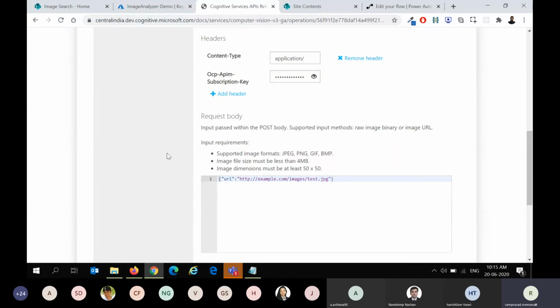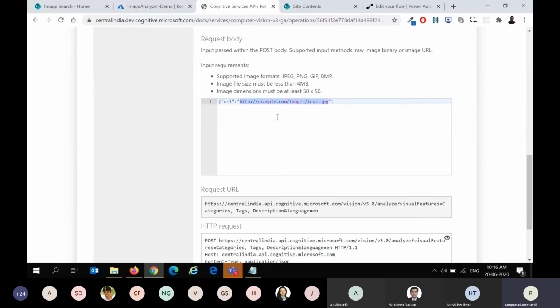There are two ways in which the analyze image endpoint accepts the image. One is you could send it as a stream in the body, or you can give a URL which is hosted somewhere on public infrastructure, so it should be publicly accessible without any authorization or authentication mechanisms.